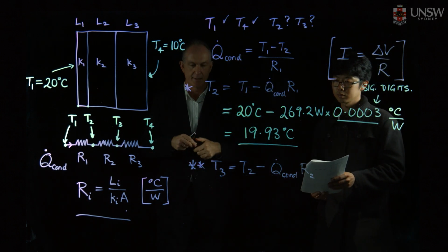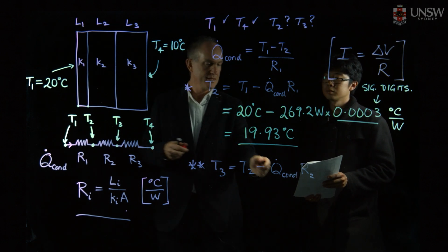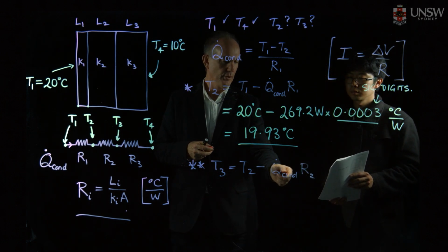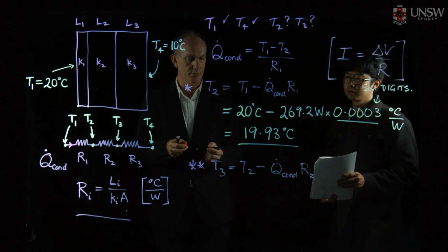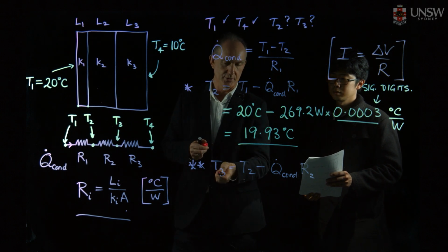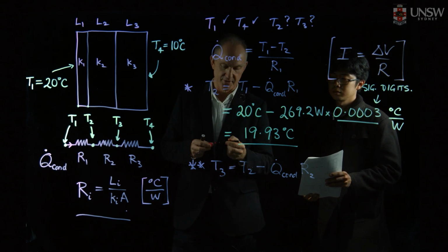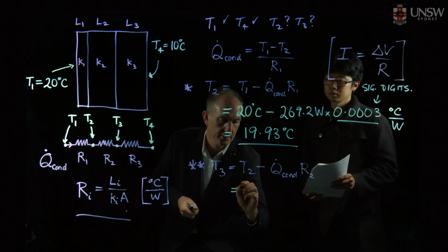That's just simply telling us what the temperature drop is due to the flow of heat conducting through our thermal resistance R2, and that temperature T3 will be a result of this expression. So let's put the numbers in. So we've got T2